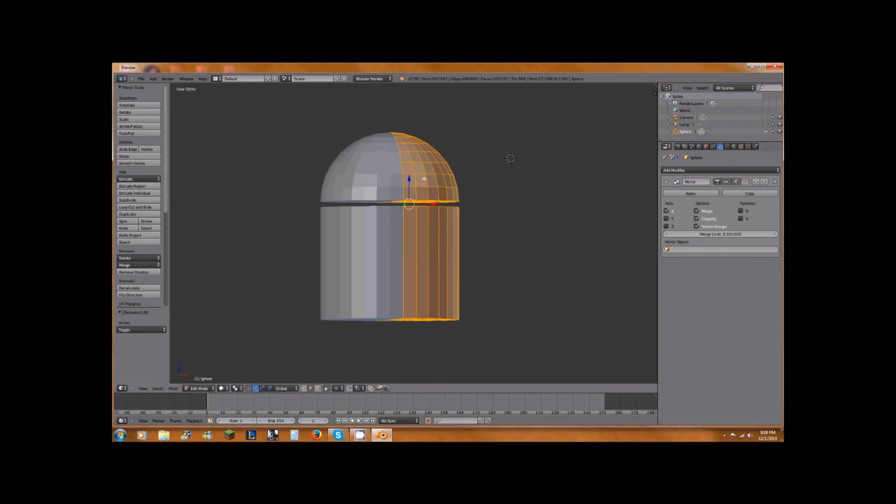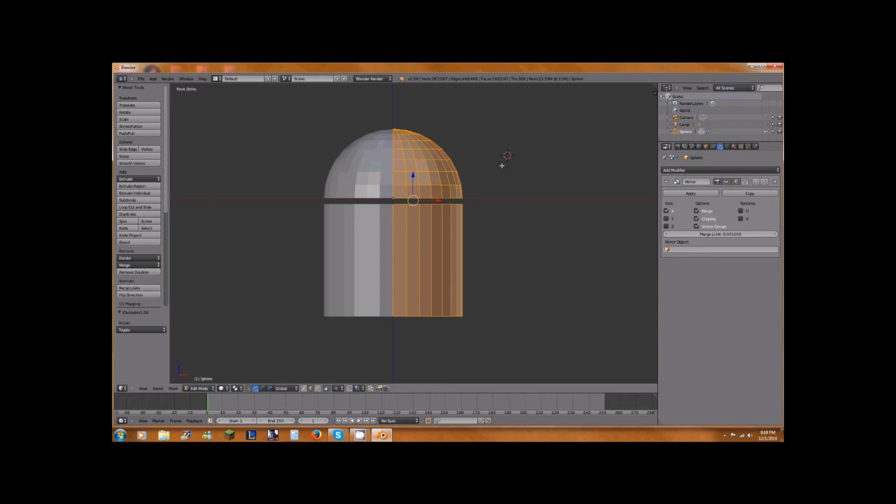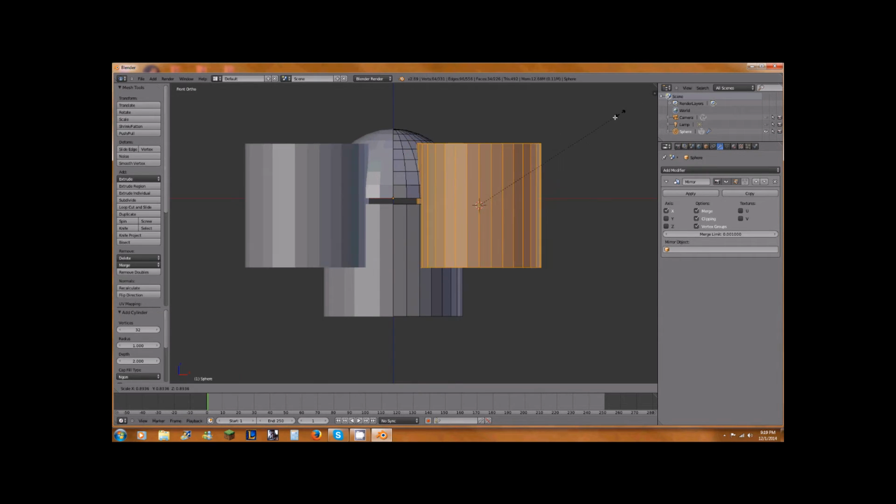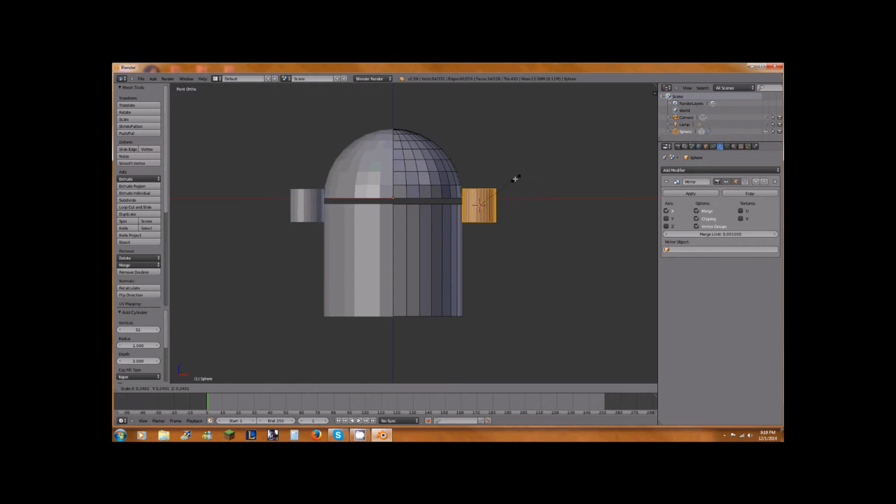So now we want to create an arm. To do that, place the 3D cursor right here where the arm would be. You move that around by right clicking. So place it, make sure you're in the front view, place it right in here. We want to add a cylinder, so we're going to click Shift A, go down to cylinder. We're going to scale this down with S to about this size. Remember, it's about the right size. You can